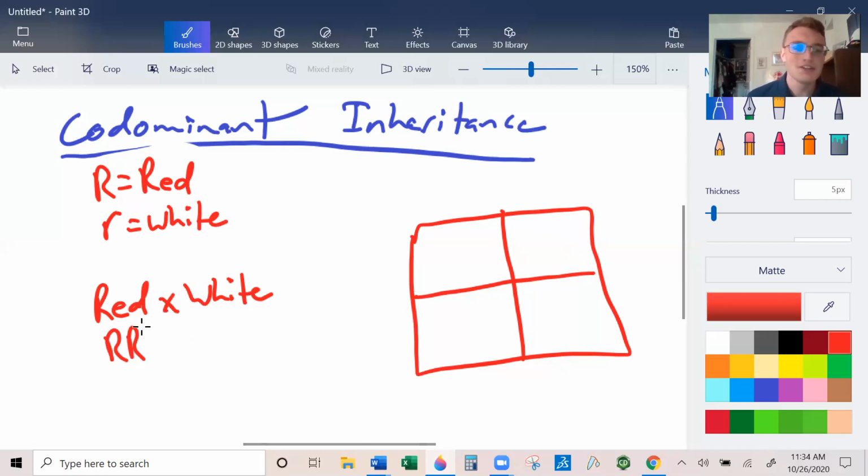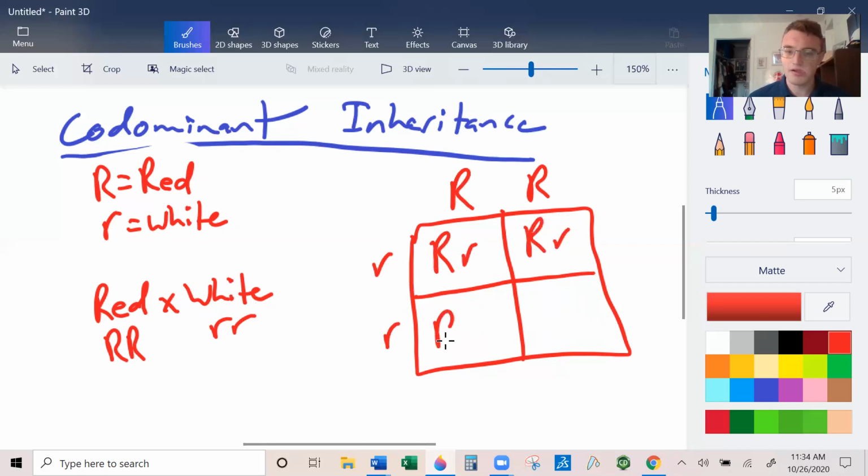Isn't that wonderful? So in order to be red, they have to be big R big R, because if they were big R, little r, they would be red and white spotted. And for them to be white, they have to be little r little r, because if they were big R, little r, they would be red and white spotted. So we know one parent is big R big R, the other parent is little r little r. So we've got a big R up here and a little r right here. In this case, all of them would be big R, little r. So your phenotypic ratio would be 100% chance